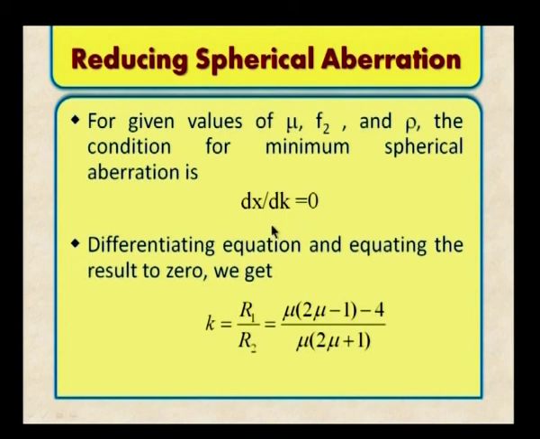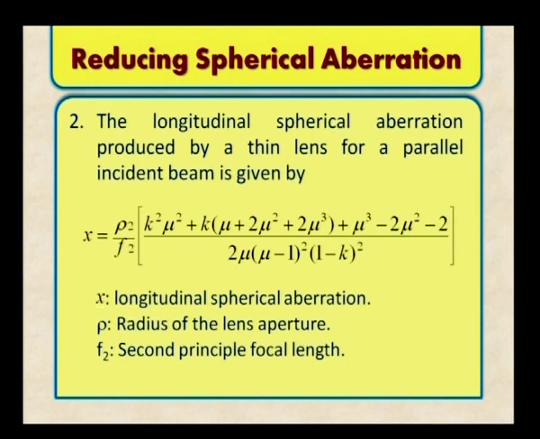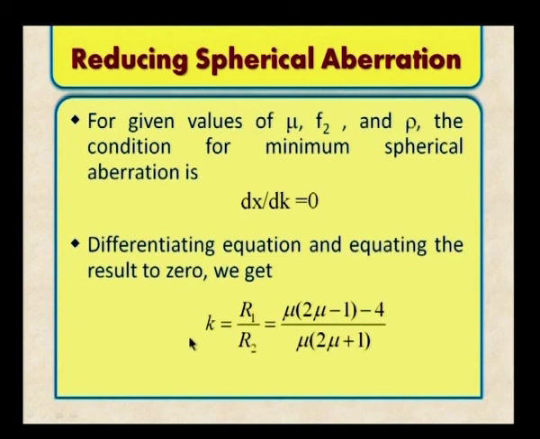X is the longitudinal spherical aberration. If dx by dk is 0, it means I am making IM coincide with IP, the two foci coming to the same focus. For a given value of mu, which is the lens, f2 and rho, the condition for minimum spherical aberration is dx by dk equal to 0. So, differentiating the above equation, you have got the equation for x, you differentiate this x with respect to k. By differentiating x with respect to k, what will we obtain the following: